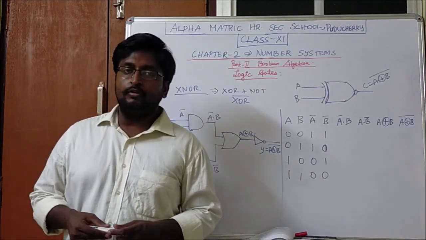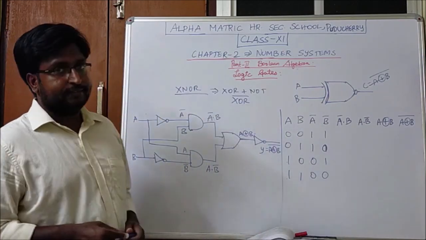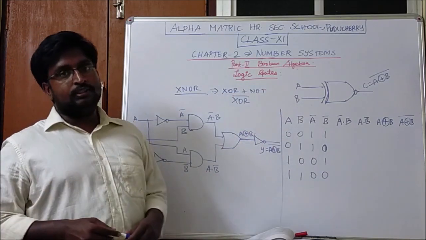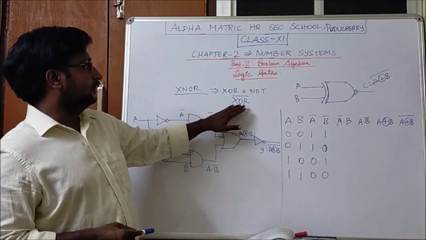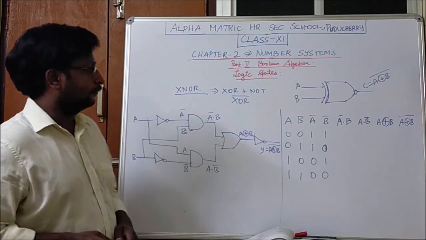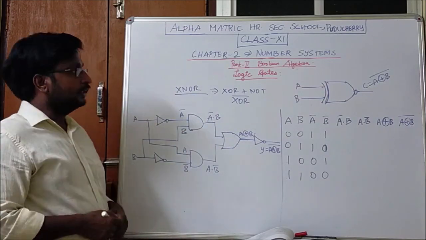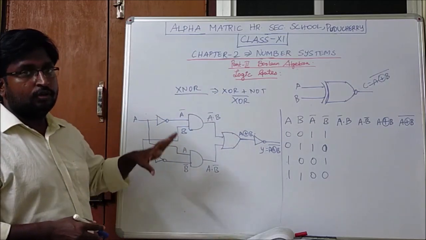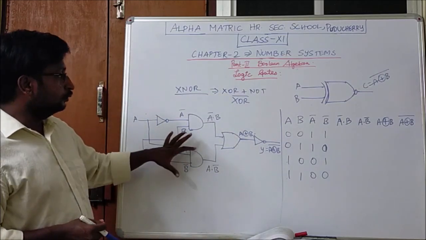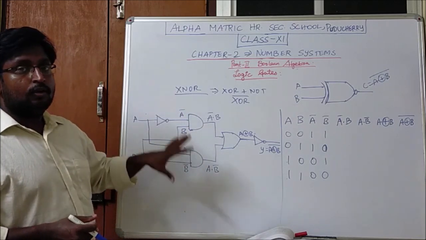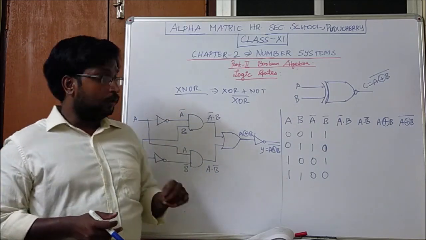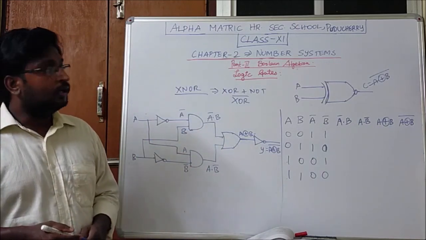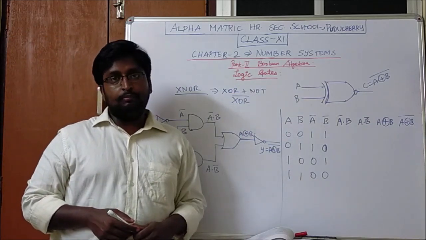And the last gate which you are going to see is the XNOR gate. That is a combination of XOR plus NOT, that is inversion. So that is the inversion of the XOR gate. In your book, based on the logical symbol of XOR, they have given the logical circuit for the XNOR. Whenever you draw the logical circuit diagram, you have to draw it elaborately. So you just copy down this diagram, and for the logical symbol you can follow the book.